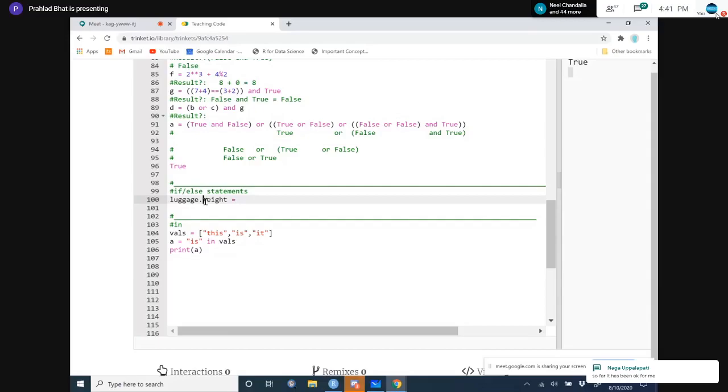Multiple cases just means that if this is one case essentially. The first case is just that luggage weight is less than or equal to 10. Let's say that we have a second case, and we're going to do something called elif. Elif is just short for else if. And let's say we have a second case. Let's say luggage weight is greater than 10 pounds